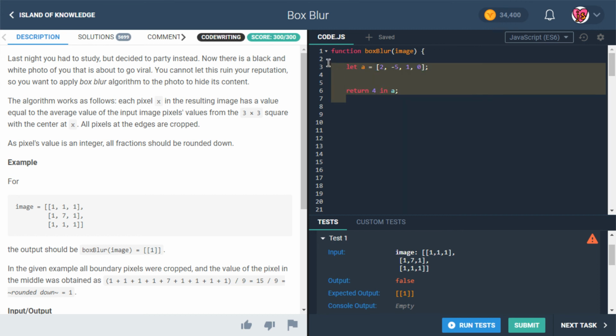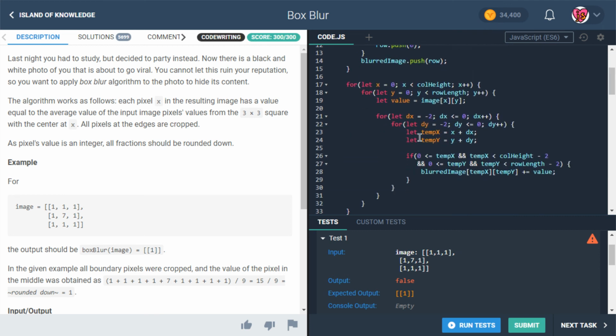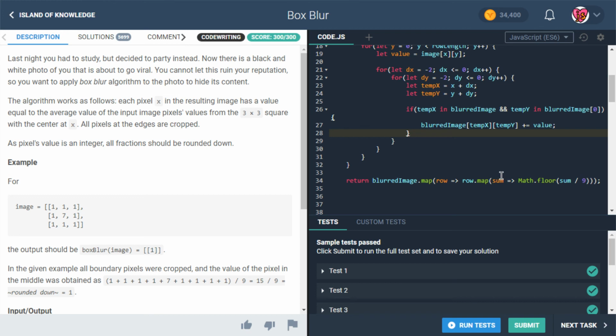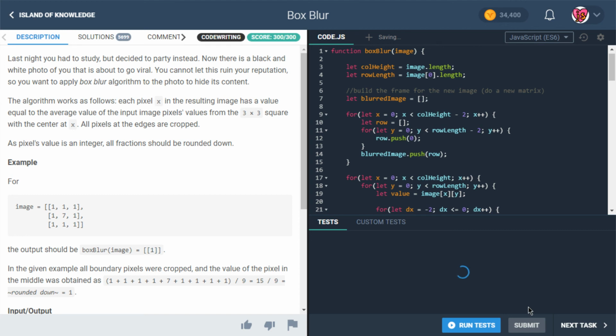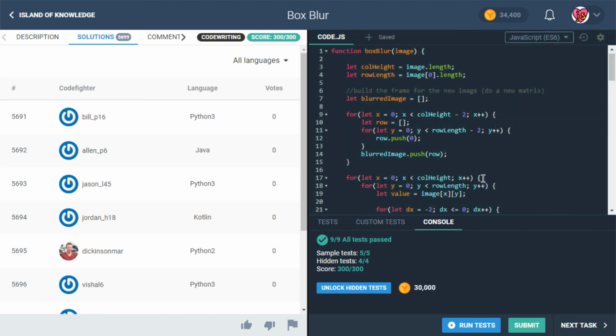Okay, so that's what we're going to use down here, because that's perfect. It's exactly what we want to check. So instead of all this, we could just say temp X is in blurred image, and temp Y is in blurred image at 0, because it's one of the rows there. And then if that's true, then it'll add the value. Okay, great. So that's working. That's good. I'm going to submit it. Hopefully it passes all the hidden tests. Suspense. Great. Okay, so nice job on that one. I'm happy with that